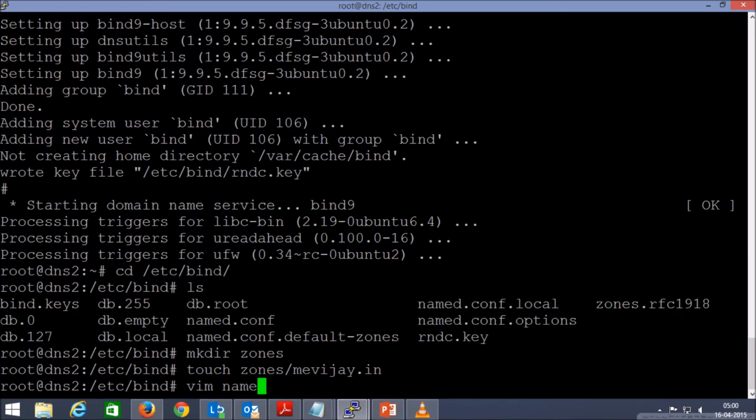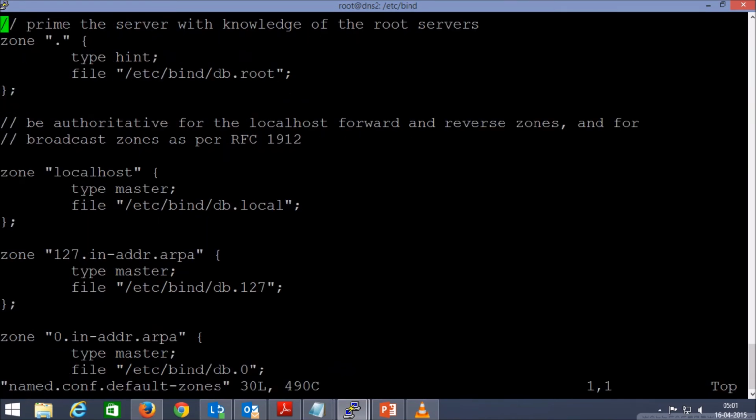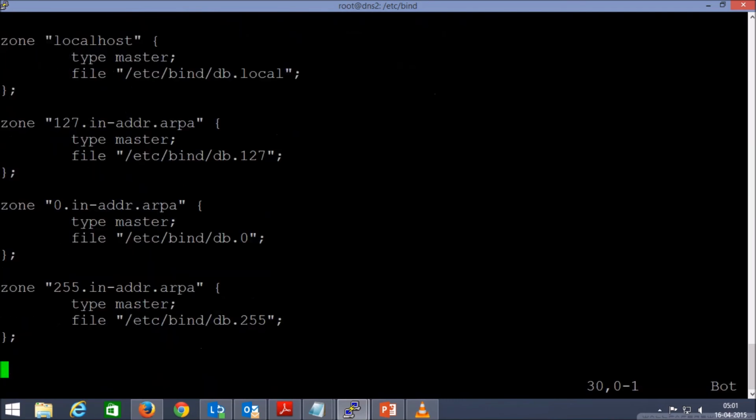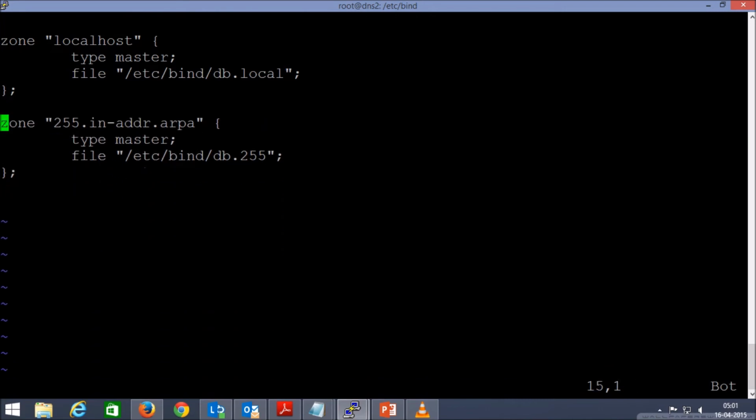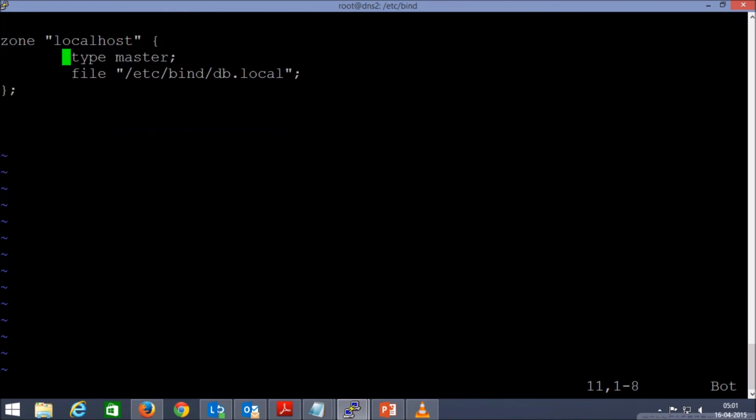Now opening the default file, and here what we'll do, as earlier, we'll remove all the lines except this zone localhost, and here I'll define the type. You can see here the type is master. First of all, we'll replace localhost with mevj.in, and the type is master.